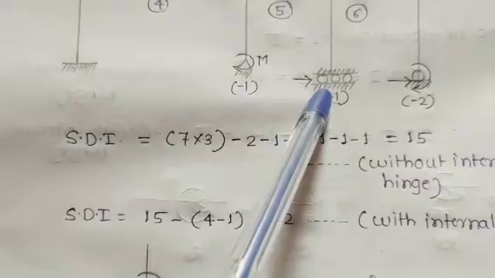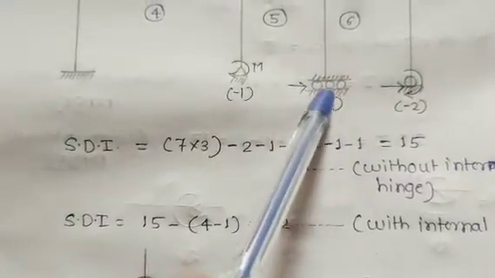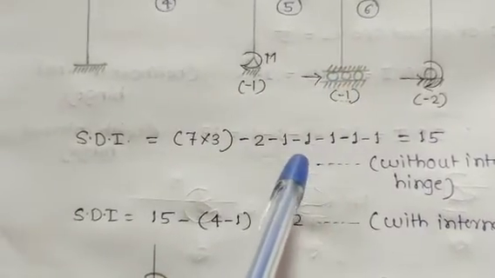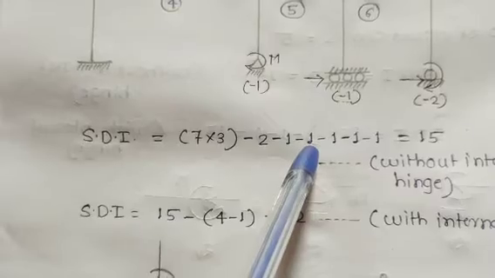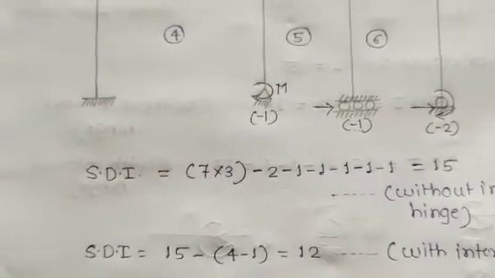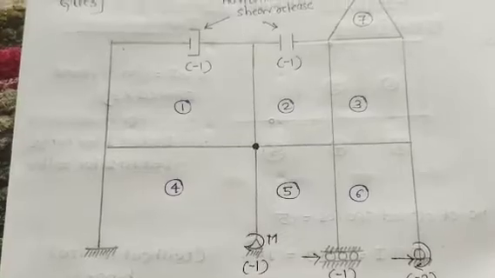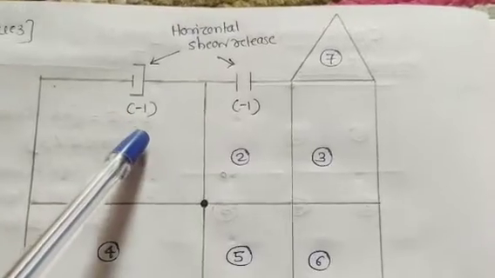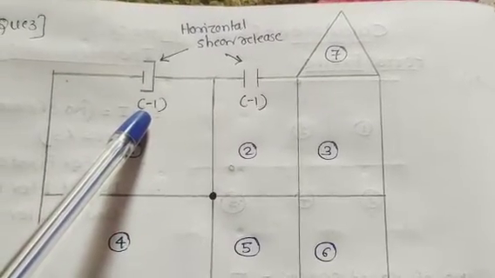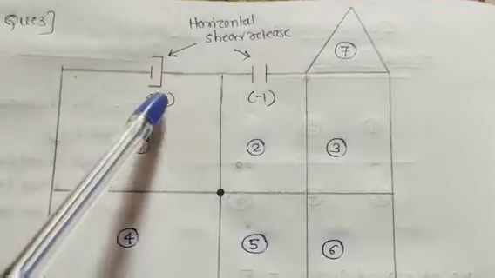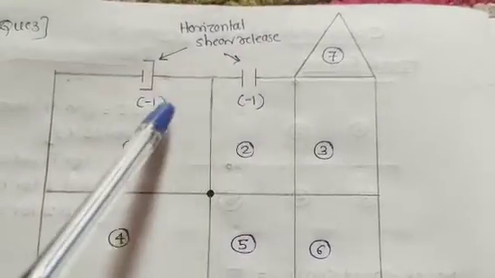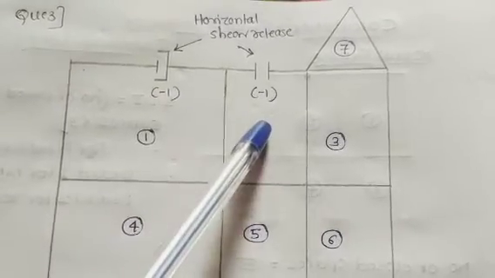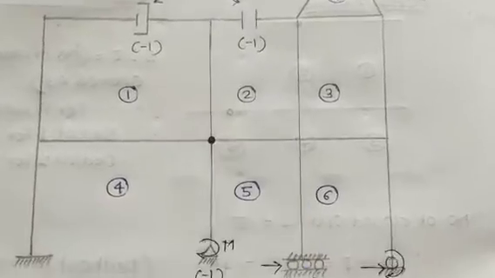Then for horizontal shear release, we can move this support horizontally, means the release is in horizontal direction, hence -1 for this horizontal shear release. Then the third one, -1, is again here. In this particular portal frame, in the internal member there are two horizontal releases. Again you have to deduct one for each release, means -1 and -1.